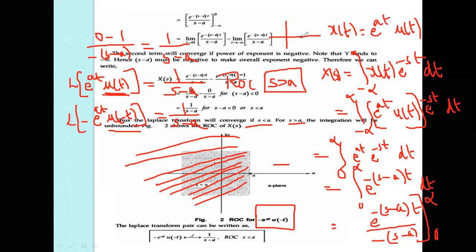The graphical representation is as shown above. The Laplace transformation exists for s values greater than a. And coming to this one, the ROC is s less than a, and the Laplace transformation is bounded for the values of s less than a, between minus infinity and a. Okay,